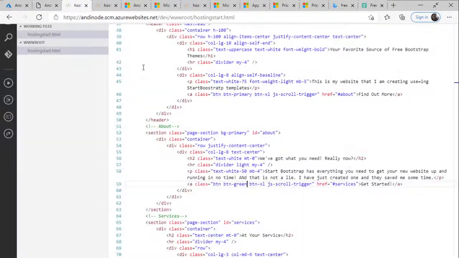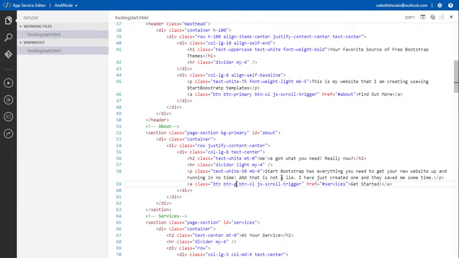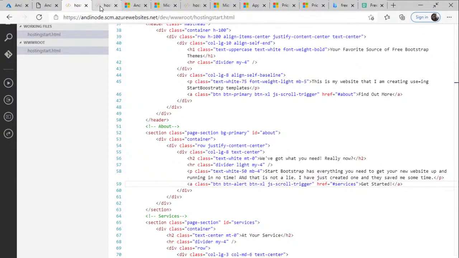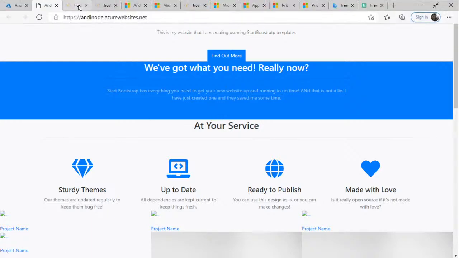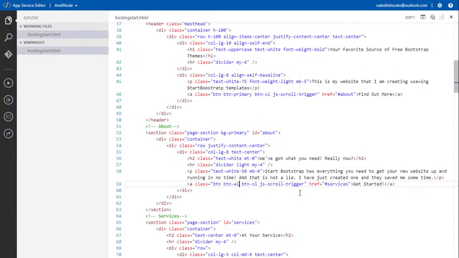Let me see. I think if I were to change it to, let's see, alert, could be wrong. And F5 refresh. Okay, that didn't do anything. So yeah, you would literally need to look at the CSS, which is the style sheet, which holds all of the different properties, to have a good idea as to what you can change certain things to. But okay, btn light, button extra large. All right, so it's not small.